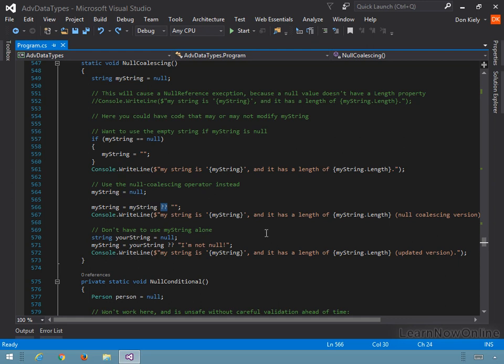And also, you're not limited, as I mentioned, to using a single variable on both sides of the assignment operator. You can use any source data you want. So this is code that demonstrates that. I'm initializing yourString to null. And then I'm saying yourString, null coalescing operator, "I'm not null." But this time I'm assigning it to a different variable. I'm using one variable to test for the null condition, and then I'm assigning something to myString. So if yourString is null, which it will be in this case, then it's going to display "I'm not null." So I'll run the program again